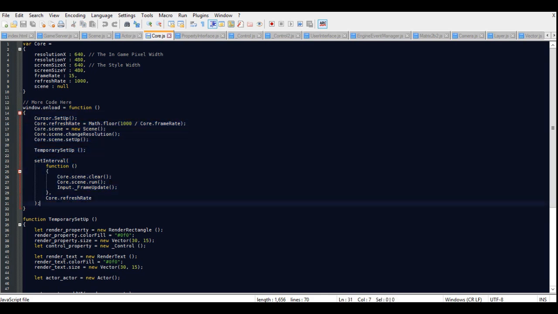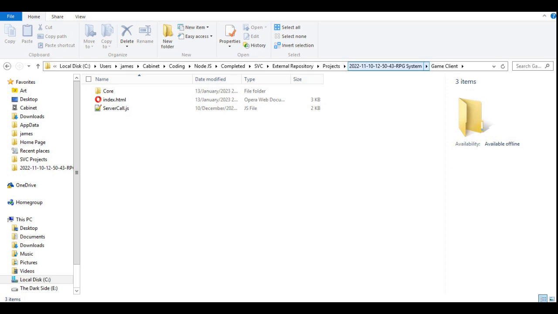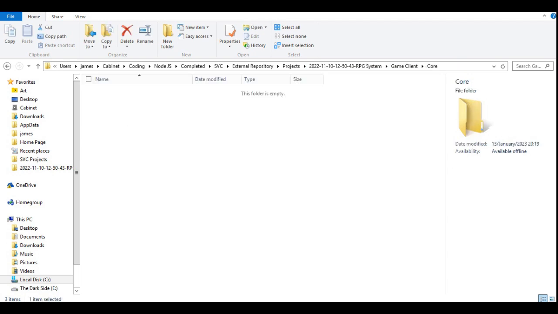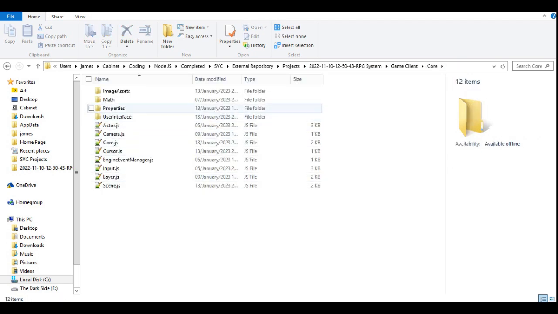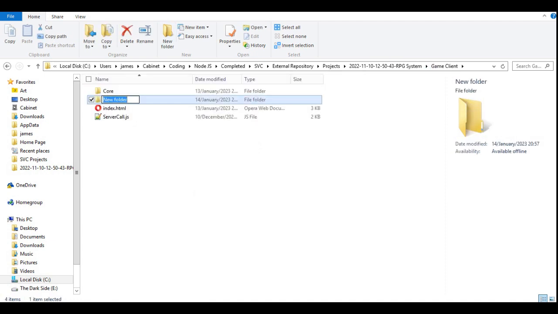Okay, so first of all, we need to look in the game. I'm going to have a look at the folder structure, and we're going to think of how in the core we've got to store some. Actually, we're not going to put it in the core. I'm going to make a new system. So, game data,